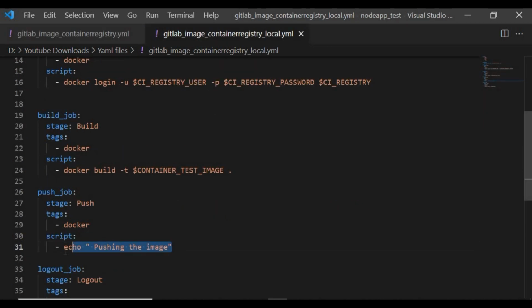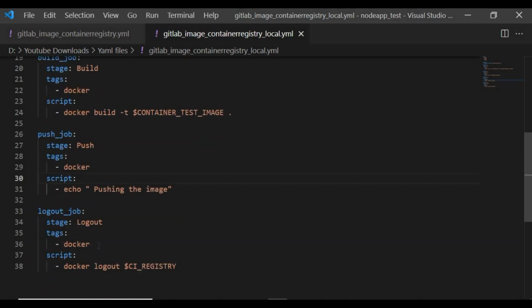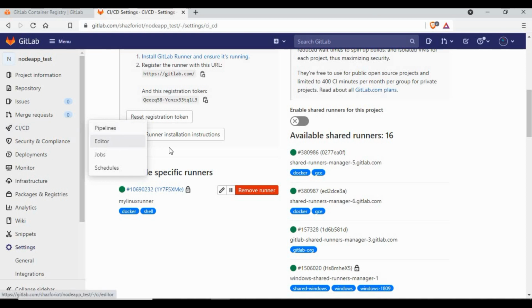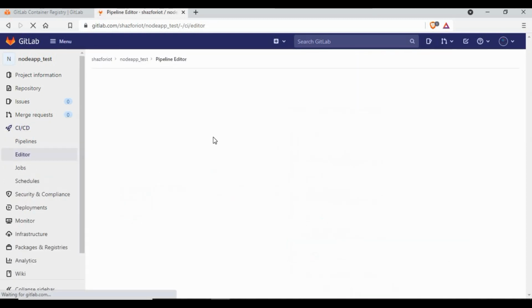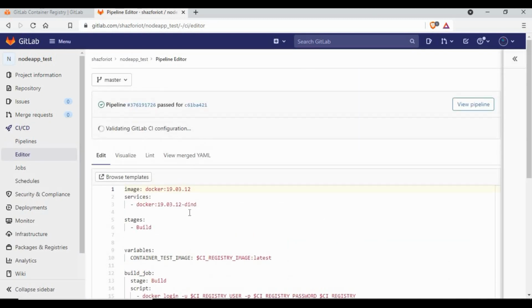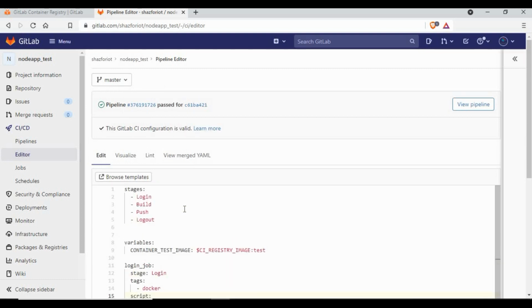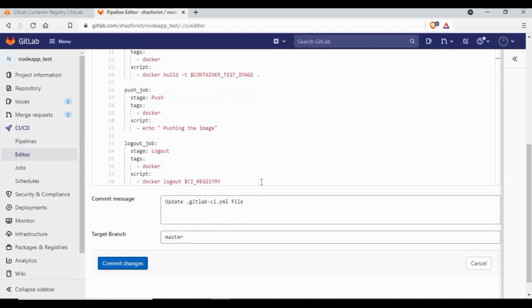You can just change this to Docker push, so it will push the image to the container registry. But I'm skipping that one alone, so I'm just putting an echo, and the last stage will be Docker logout. So I will copy this content. Okay, so let me go back to our editor, and I will just change the pipeline. Let me change this to this pipeline script, so we have a different pipeline, and let me commit,